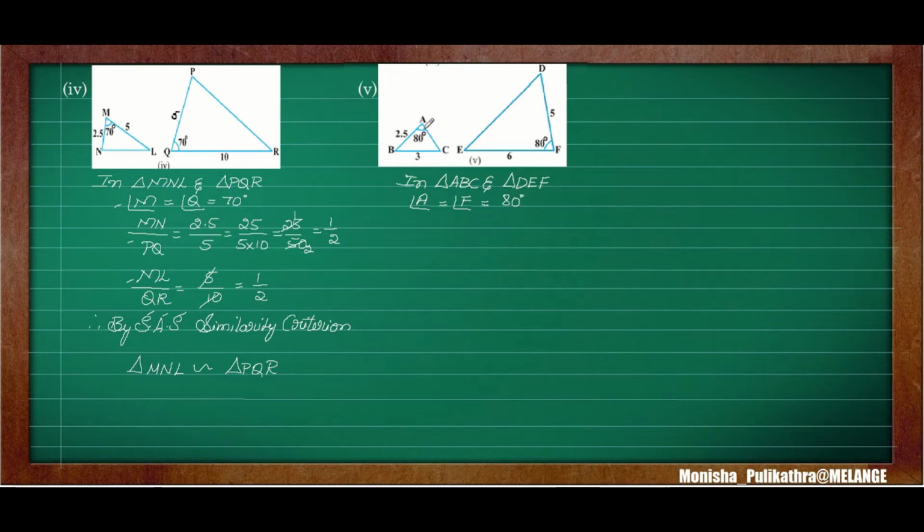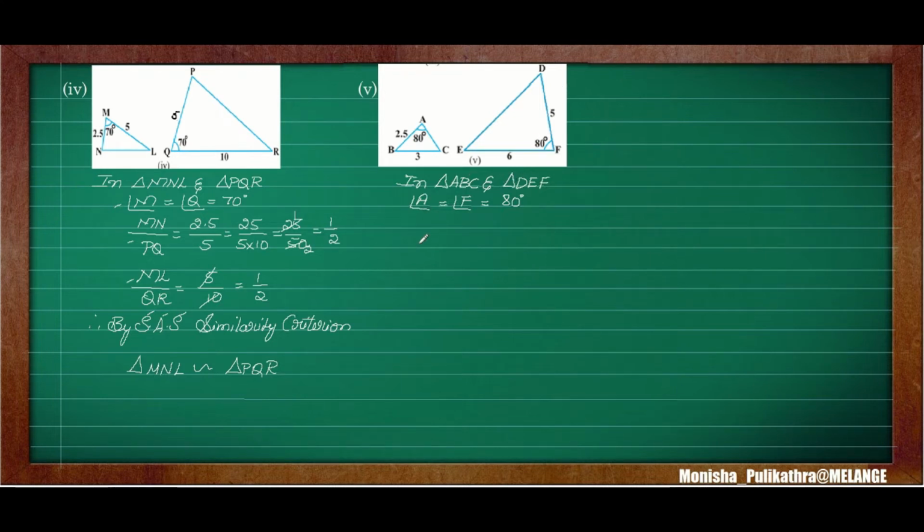But here, from this angle, two sides are going, AB and AC, but one side here is missing. It is not given, but here two sides are given. So one of the corresponding ratios is not possible. Keep it in mind: we can't take the sides randomly, because here 3 is there and 6 is here. Randomly we can't divide it. We have to take note of whether the sides are going from a similar angle. Only then can we take the sides.